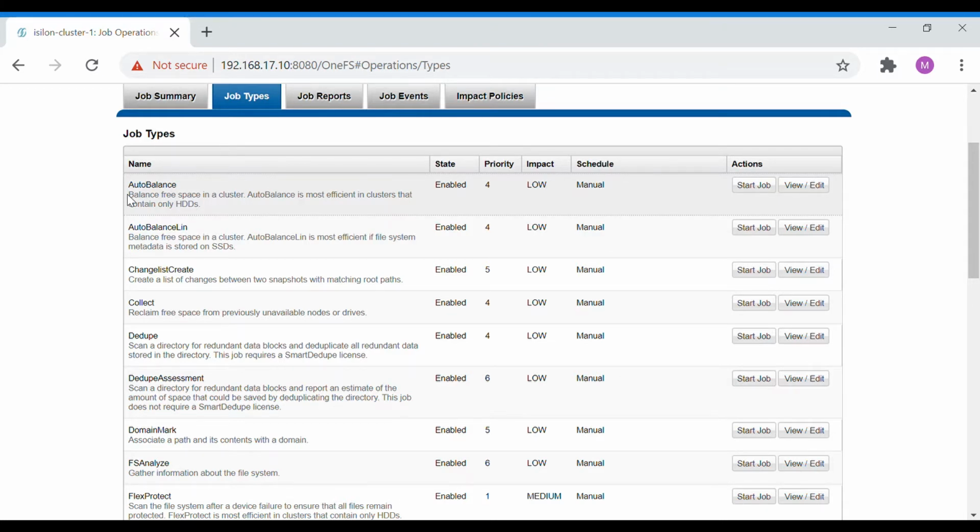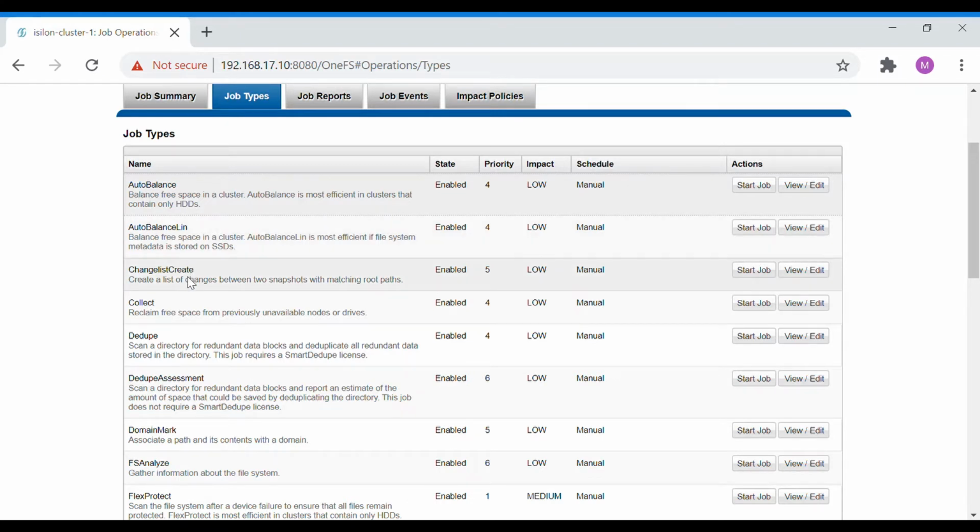If a node has SSD drives, then this particular auto balance LIN will start. So auto balance normal is for the normal HDD, and auto balance LIN is for the logical inode number, which is for nodes that have SSD drives in them.